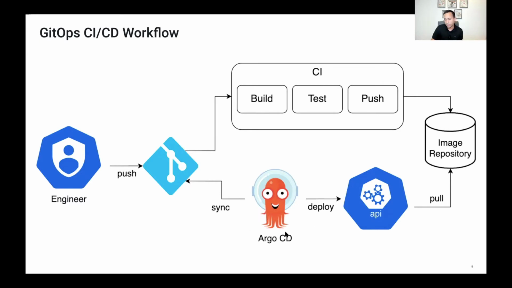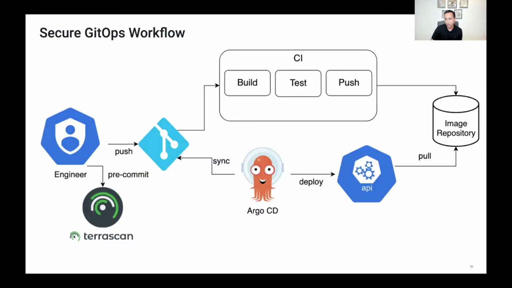repository. And then we're using Argo CD to sync with our Git repository and deploy our application into Kubernetes. So we can use Terrascan here in multiple places. The first place will be on the engineer's local environment, where this is the best place to do IaC scanning, as the engineer can detect any issues as early as possible and fix them quickly without having to wait for